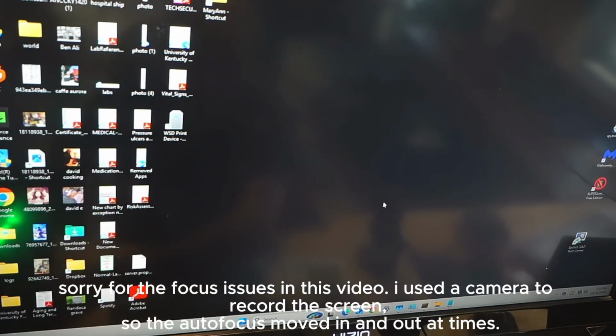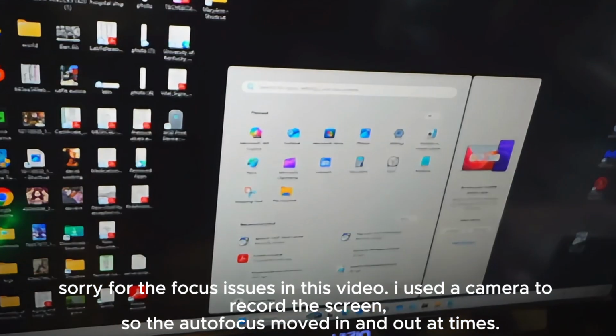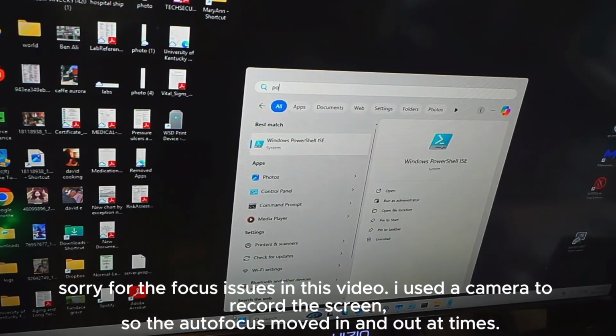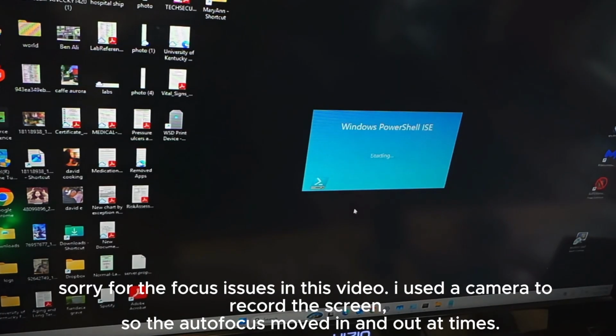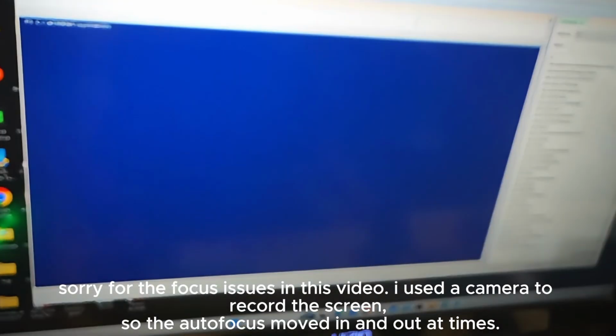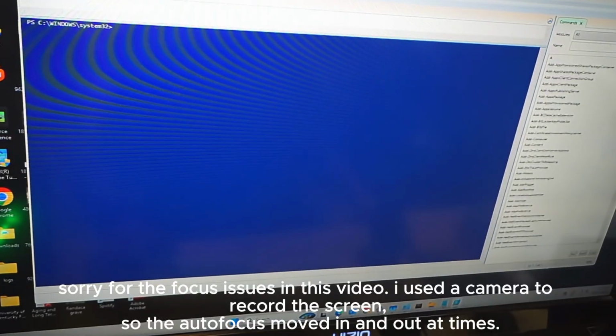I'm going to connect the Ethernet and let's watch. I'm going to wait for a couple of seconds, and in the meantime I'm going to open the PowerShell so I can kill it. It's too late for people they are hacking, so I'm not sure they will be available, but I'm going to